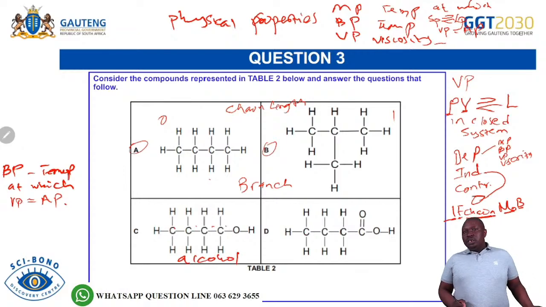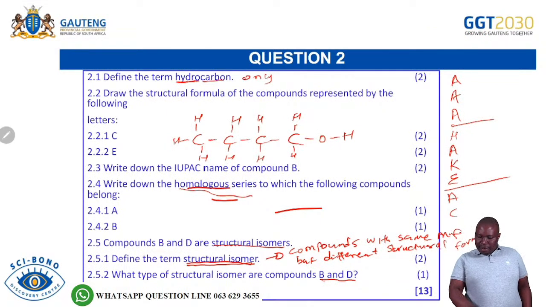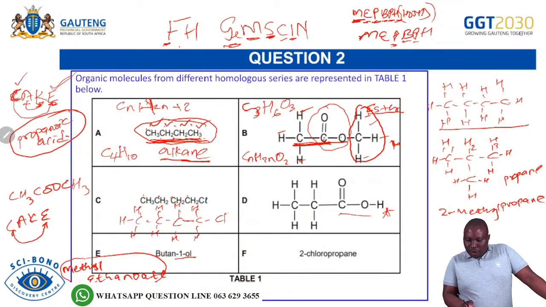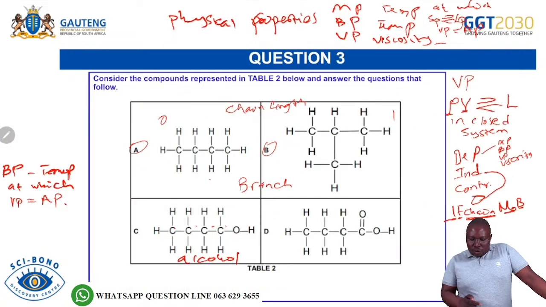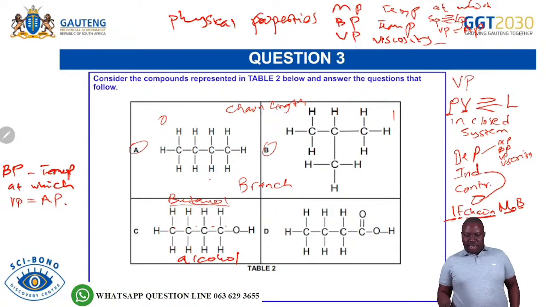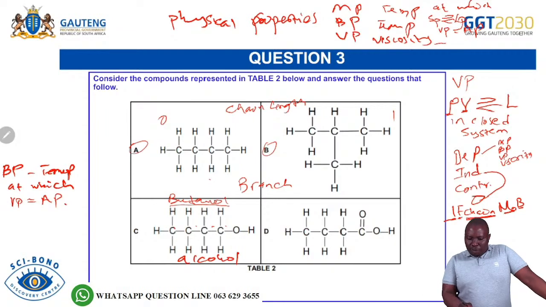Now, this question was asked in question 2. You were asked to draw the structural formula of the compound represented by E, which is butanone. Look now, during the exam, if you have an eye to see, butanone is given here. So the memo to that question was just here under your nose. So be able to check all this stuff. Some of it responds even to the questions that you asked. So now butanone has been drawn, which was the question that was asked.